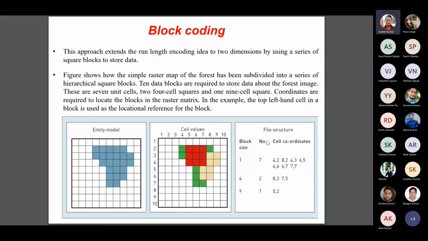जब 1x1 का है, सिंगल सेल है, ऐसे कितने ग्रीन कलर से इसको स्क्रीन पर दिखाया गया है। सो 1 2 3 4 5 6 7, 7 टोटल है, तो यहाँ पर नंबर 7 लिख दिया गया। इनका कोऑर्डिनेट क्या है, आपने पढ़ना आता है, आपको पहले कॉलम पढ़ना होगा और फिर रो। तो x, y कैसे बनेगा? 4, 2; 4, 3; 8, 2; देन 6, 5; 6, 6; 6, 7 एंड 7, 7। ये 1x1 के लिए बन गया।